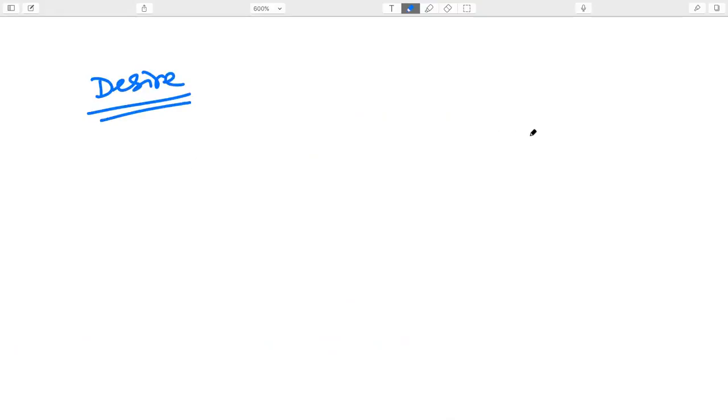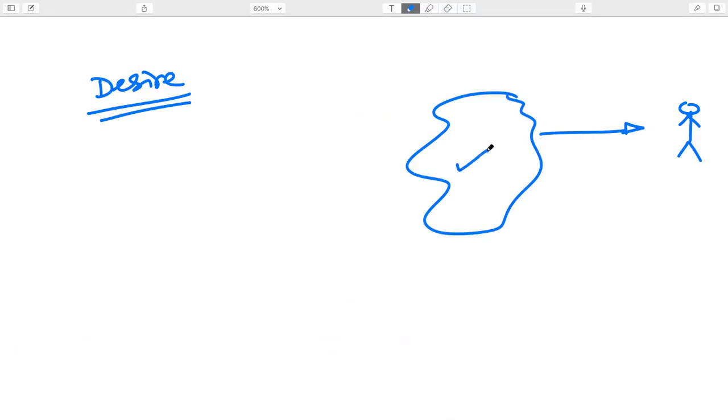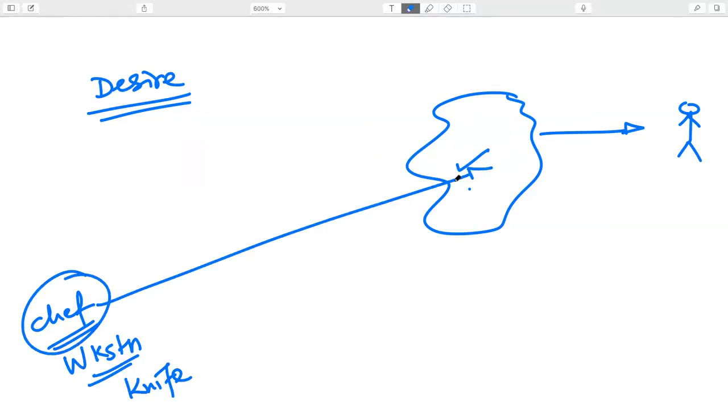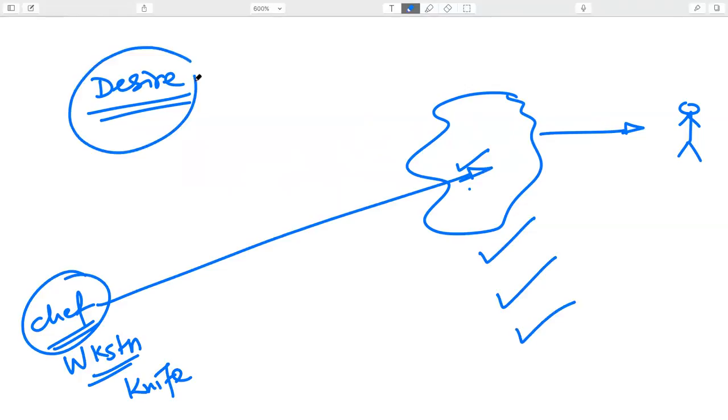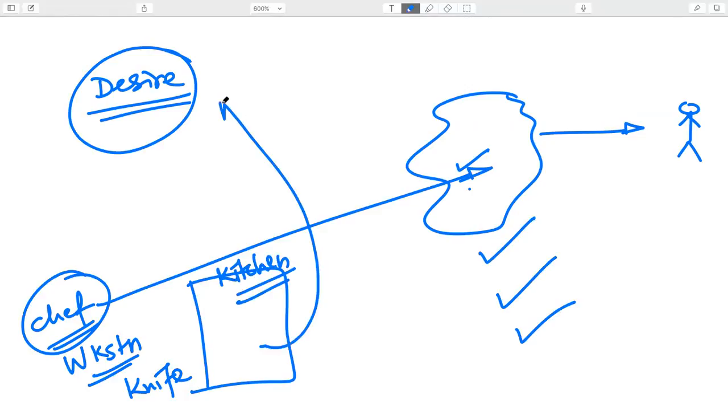Our desire is to run for this customer a complete service on some cloud, and let that service be created and operated and maintained by using Chef in our workstation, where we will run the knife command, which in turn will invoke Chef here, start machines, establish things, and we will have our desire constructed in the form of a kitchen. We'll write things down specifically and then upload our kitchen to the Chef server,